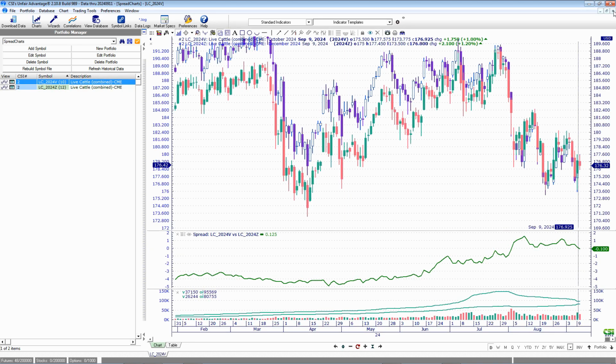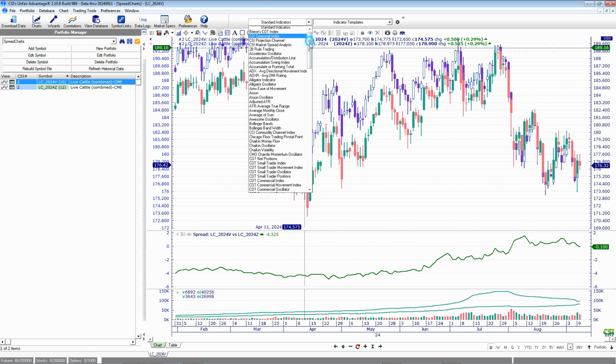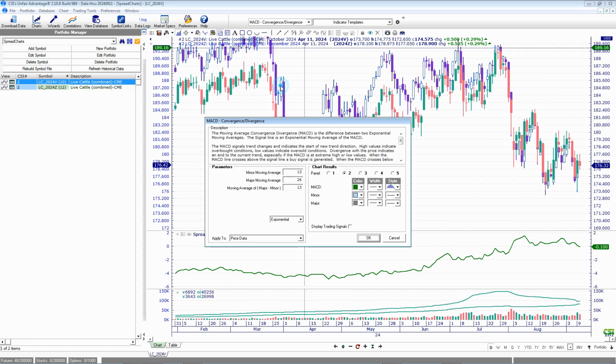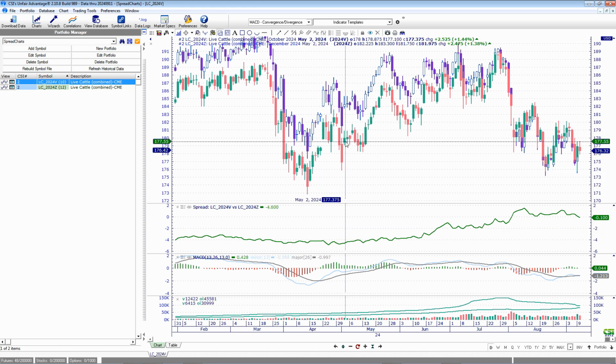So now if you wanted to go one step further and add another indicator to this, we have to do a couple things. Let me go ahead and show you. The first thing to do is to select an indicator from the list. Let's go with a MACD. We'll add that to pane 3. And here we need to create what's called a chart template, which combines the two indicators in one template for use when exporting